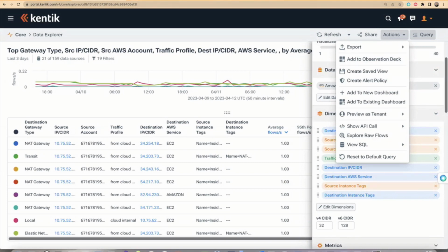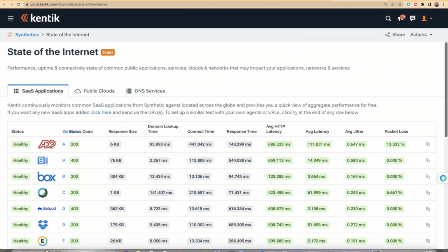One of my favorite things is the state of the internet. That capability to help understand what is going on in the rest of the world and then compare and contrast my view of the world with what everybody else in the world is seeing. And a lot of our customers will start with this state of the internet, the state of these applications, and then go build similar tests for their campus, for their data center,